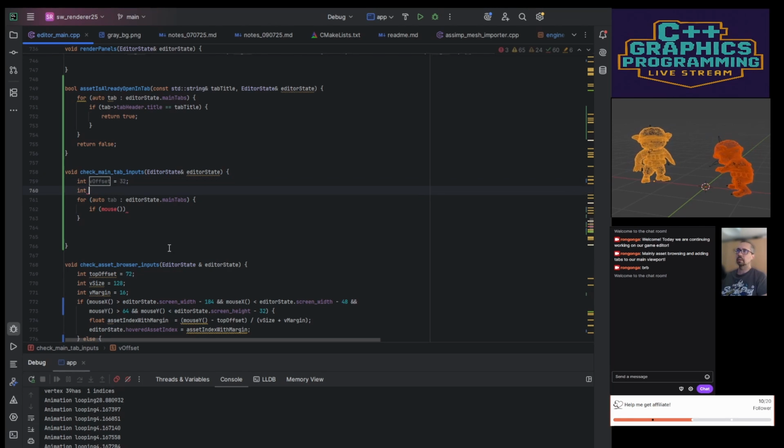The V offset, I also need the H offset, and the H offset is essentially 200 from the left. So if mouse X is bigger than the H offset,